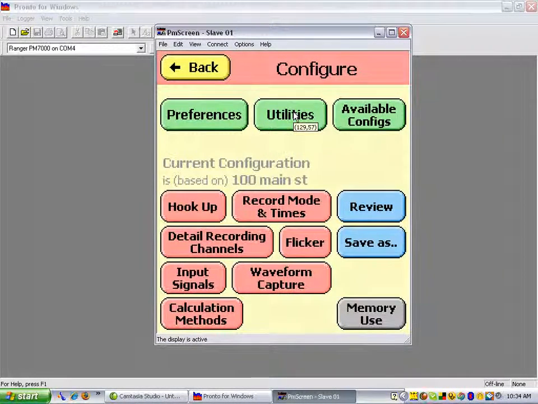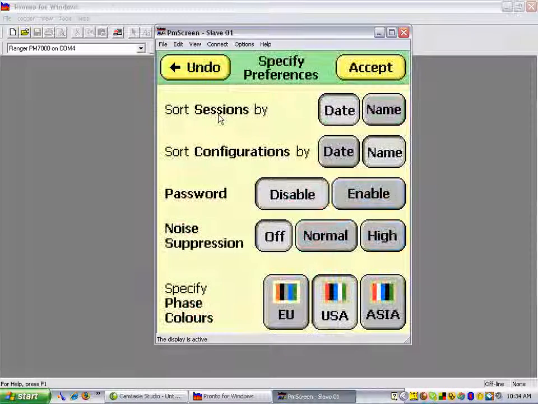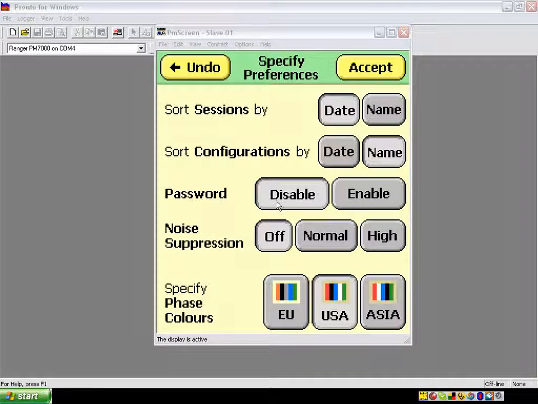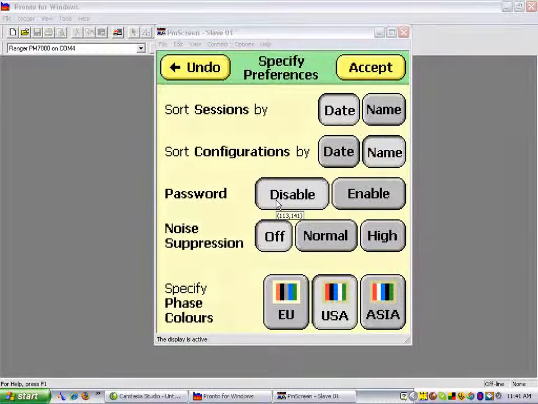Within this menu, you have several choices. The first one is Preferences, and on Preferences you can sort sessions by date or by name, as well as configurations. You can enable passwords or disable passwords for. You can specify the phase color, either European, USA, or Asia. I'm going to click on Undo,